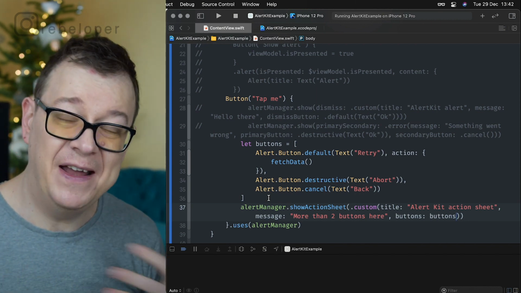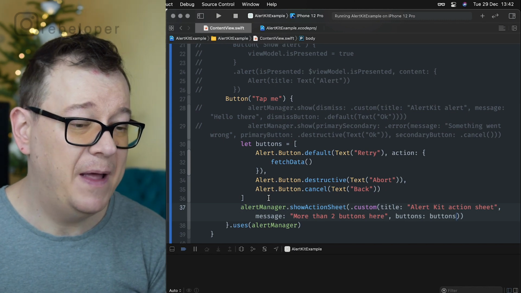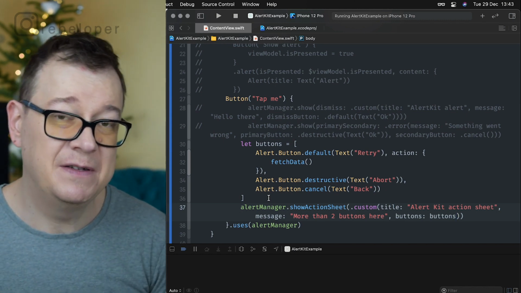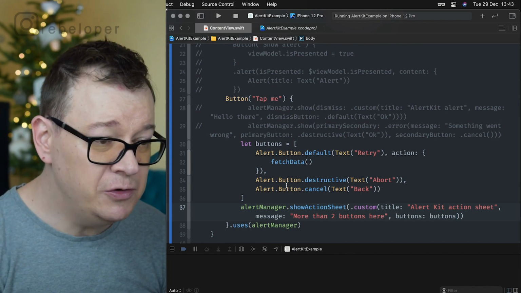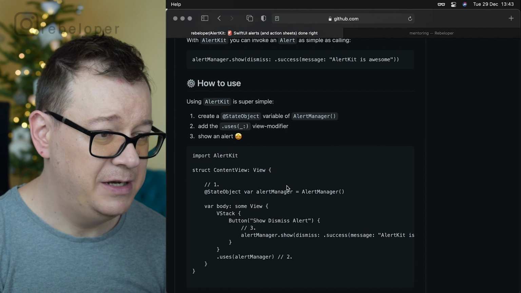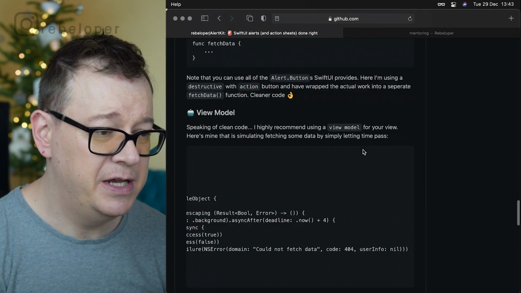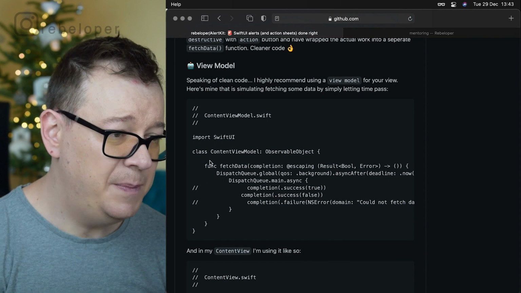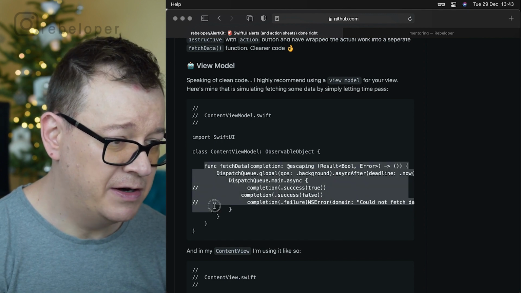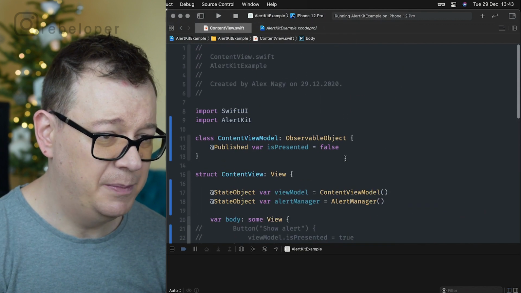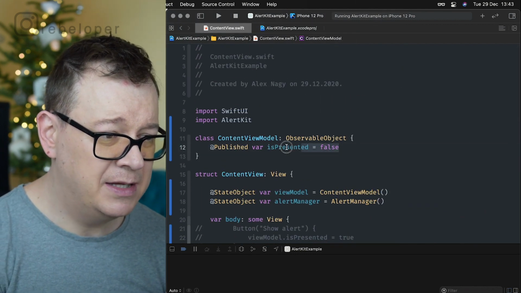You might want to fetch some data from the web, and you want to display an error if something goes wrong. So to do that, let me just go ahead and check out the documentation here really quick, and I'm just going to copy this content view model's function fetchData. Basically, I'm just going to paste it in there,